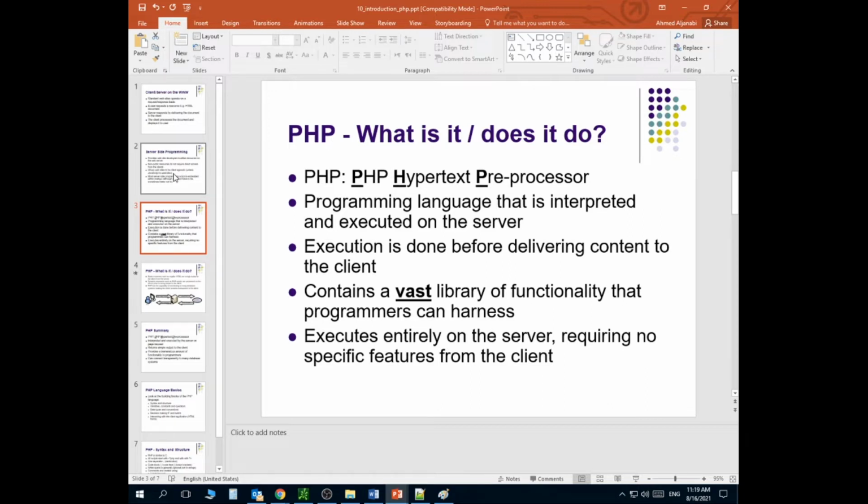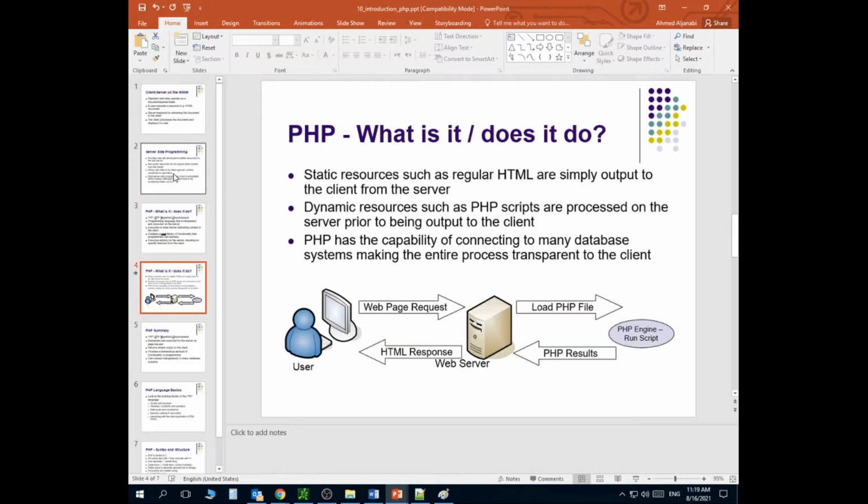You will not see the PHP code whenever you receive it. You're just going to be receiving the results of that server side. So that's what we mean by, this is here just to show you how it's done. Now, before I get into this graph here, you need to understand that websites are usually static websites or dynamic